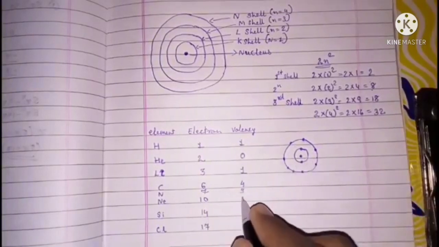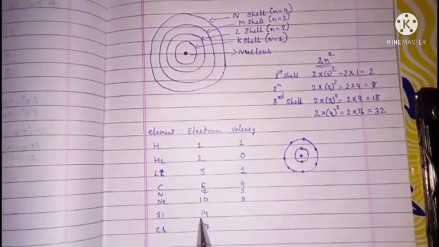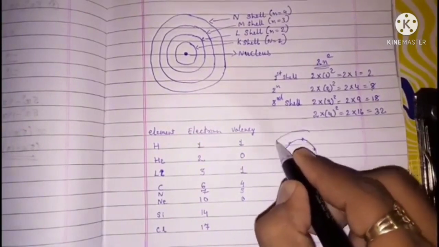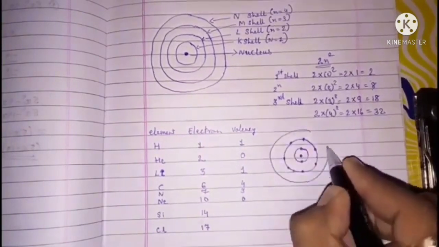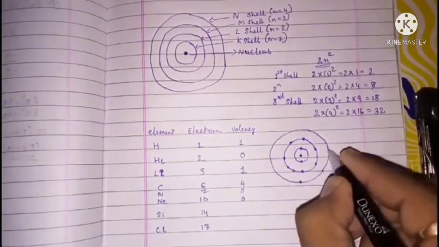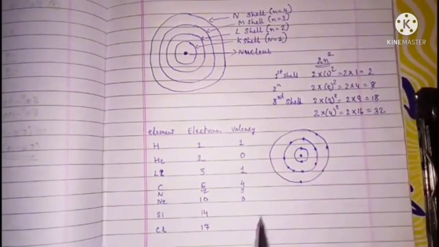in the first shell, and 8 electrons will be distributed in the second shell. Okay, now 8 electrons will be distributed. As 8 came in the second shell, it satisfied the 2n square electrons condition. So that is why neon valence is 0. Like this,